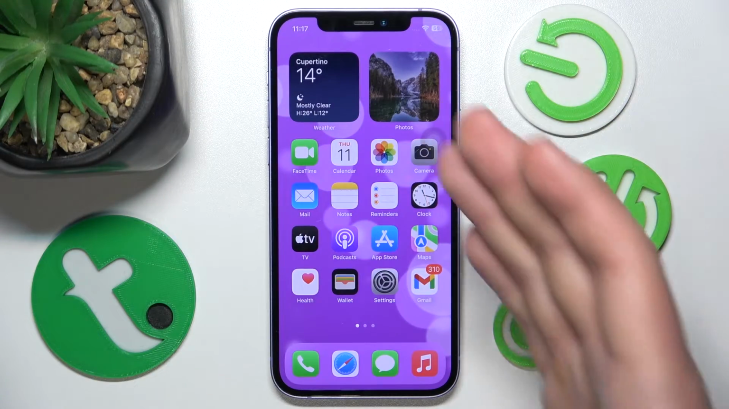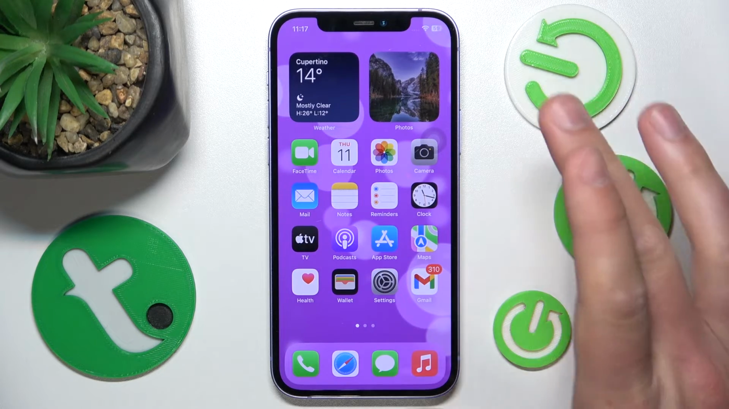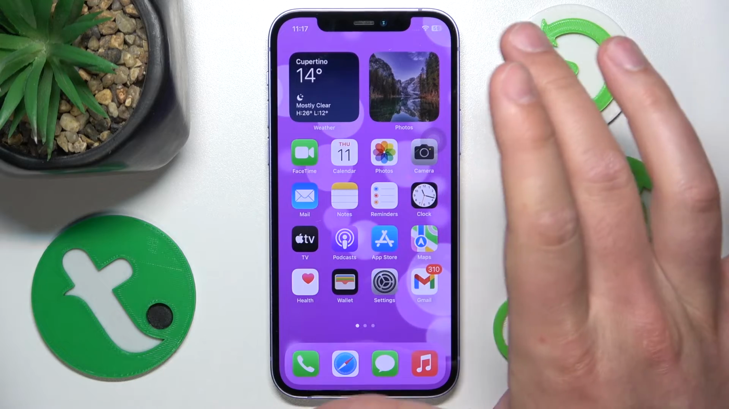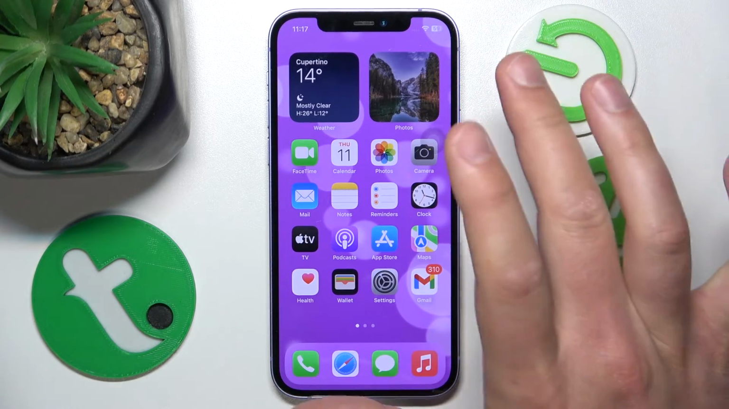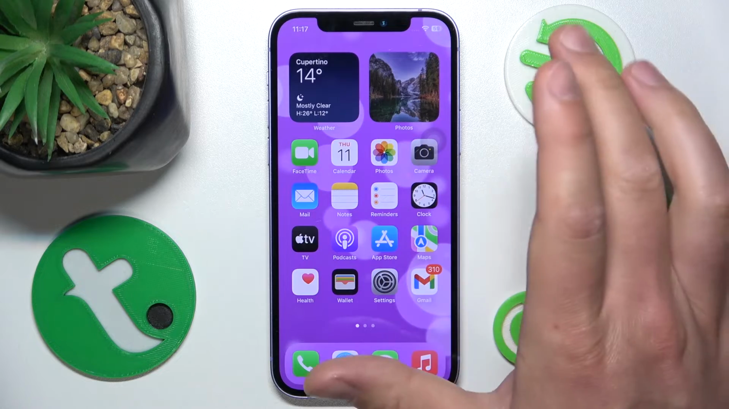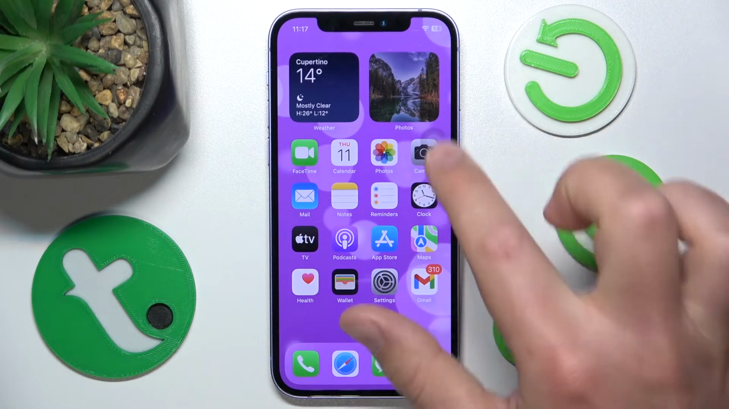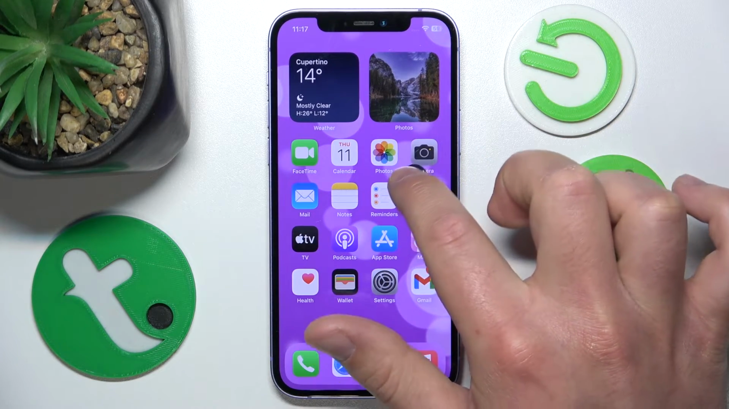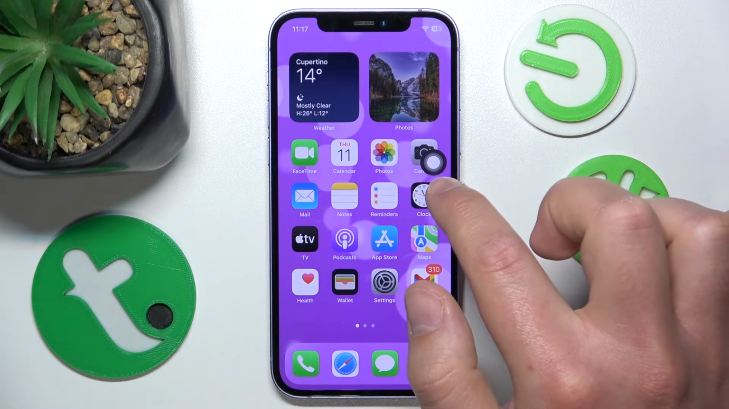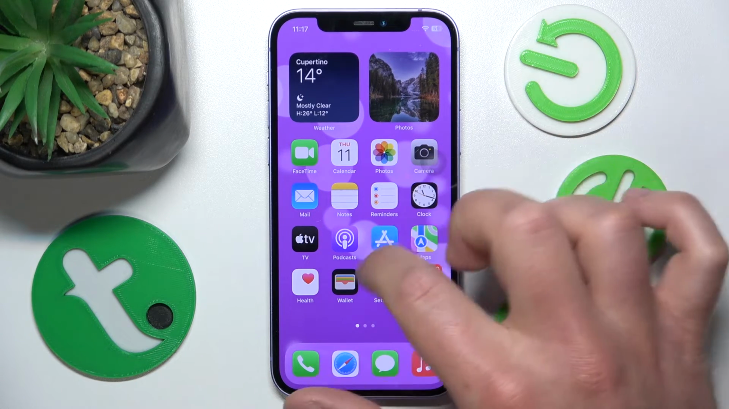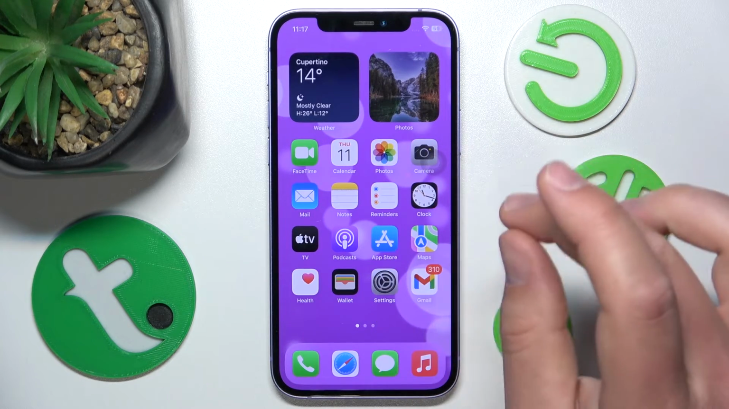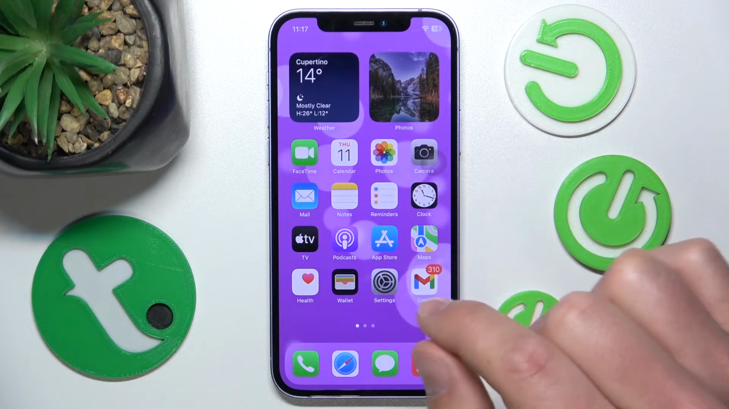So, today in front of me is the iPhone 12 with iOS 17.4, but it really doesn't matter which iPhone you have or which version of iOS you have, it is all going to work the same. If you want to change the idle opacity, so it means the opacity of the AssistiveTouch when it's still, like you're not using it, maybe you want to have it more visible or less visible, you want to go to